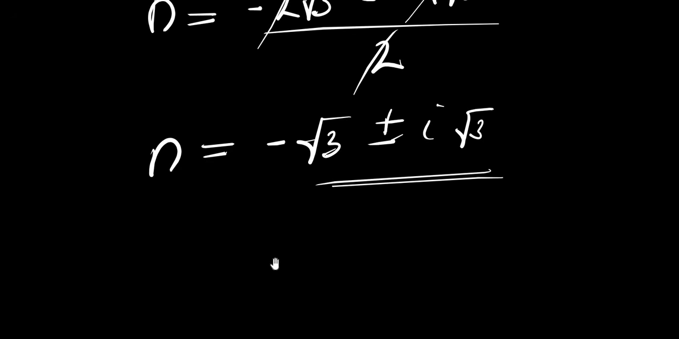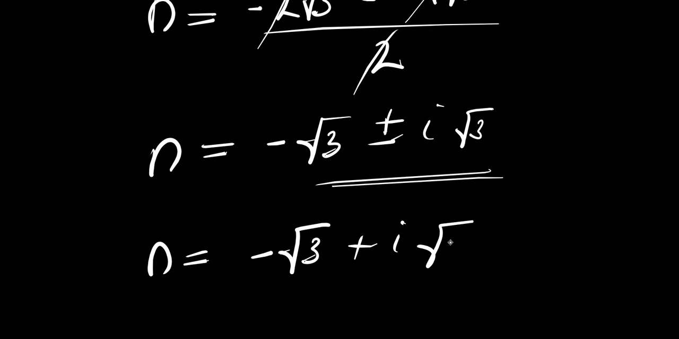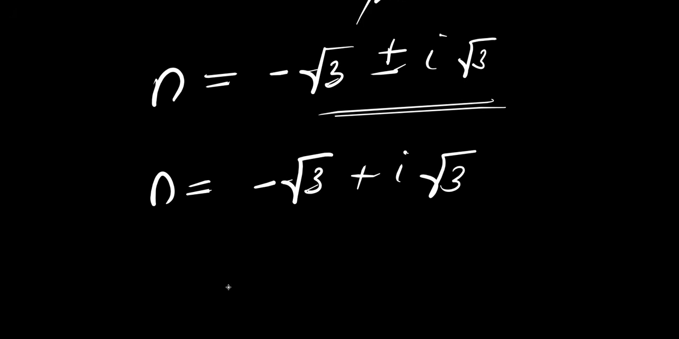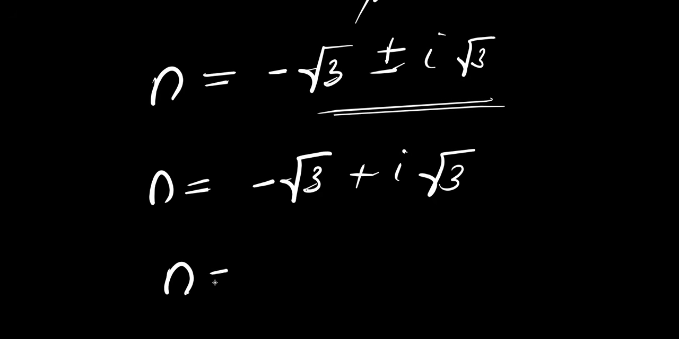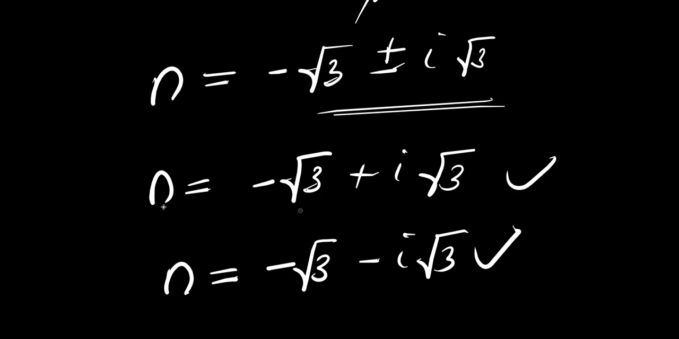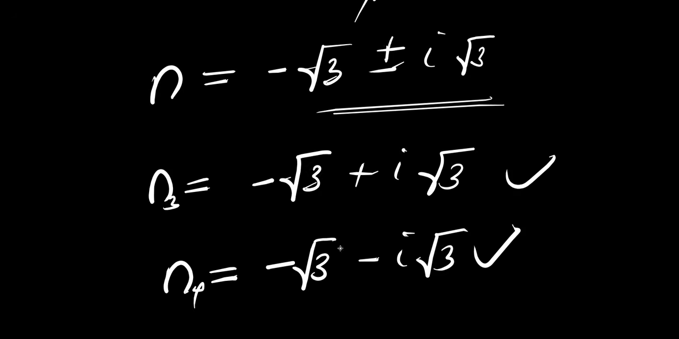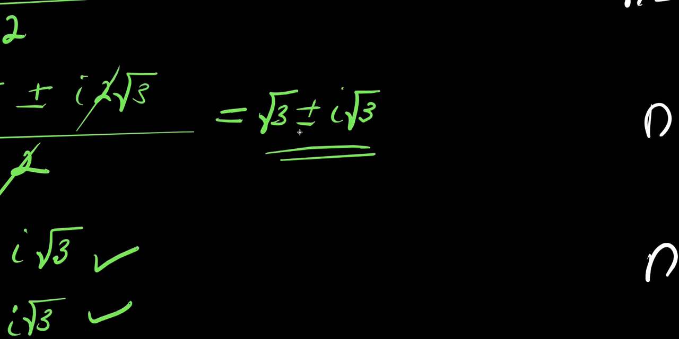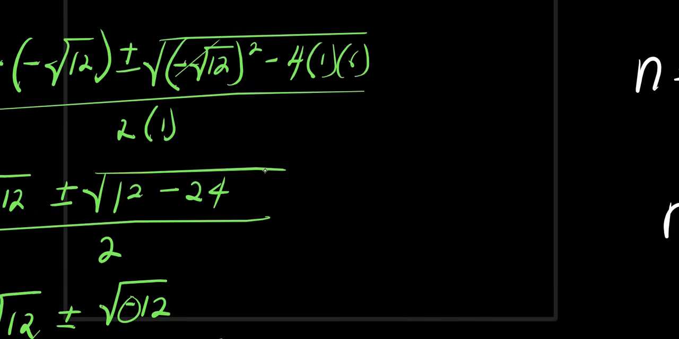We have two complex values again for n. So we have n equals negative root 3 plus i times root 3. We also have n equals negative root 3 minus i times root 3. This is our n3 and this is our n4. So these are the four complex values for n. That is how you can solve this